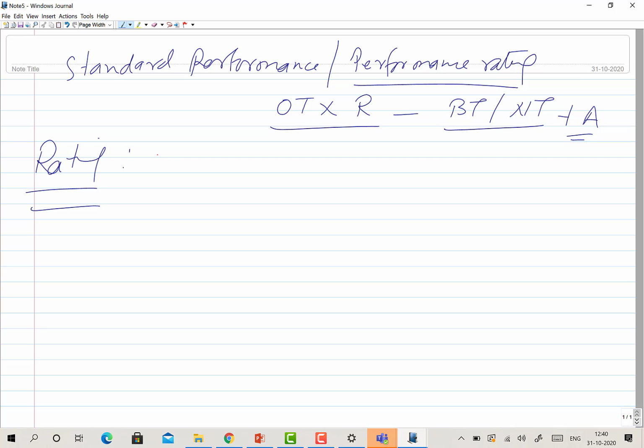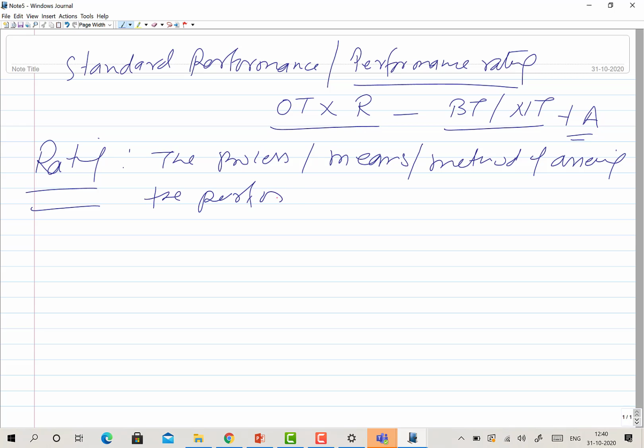So the process, or means, or method of assessing the performance of a worker is called rating. How we are assessing the performance of the worker, that is called rating. This process as a whole itself is called the rating, and in the rating